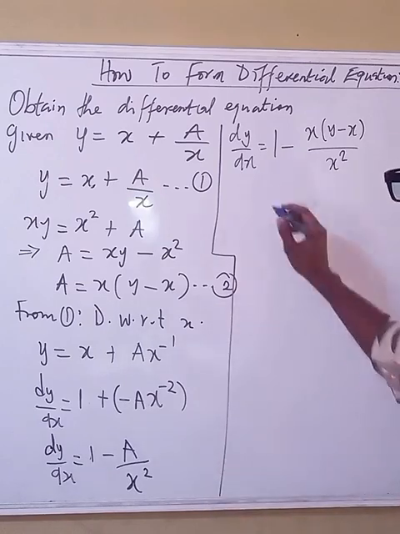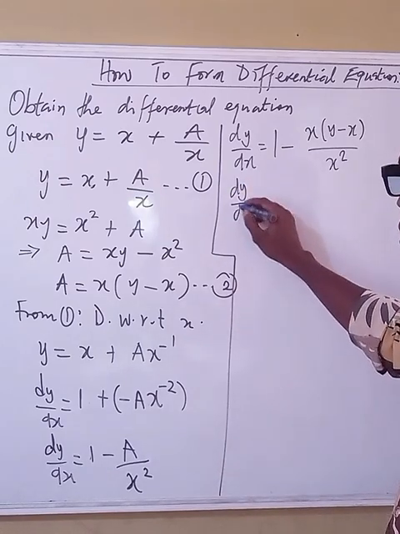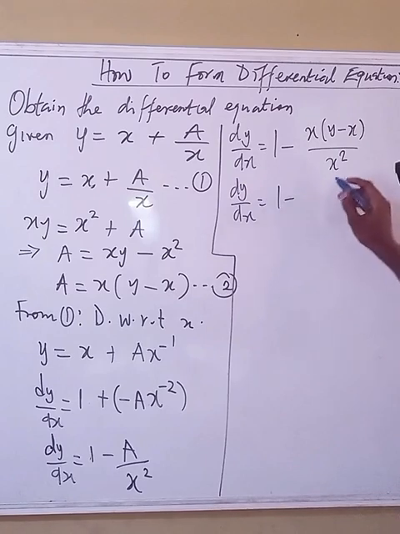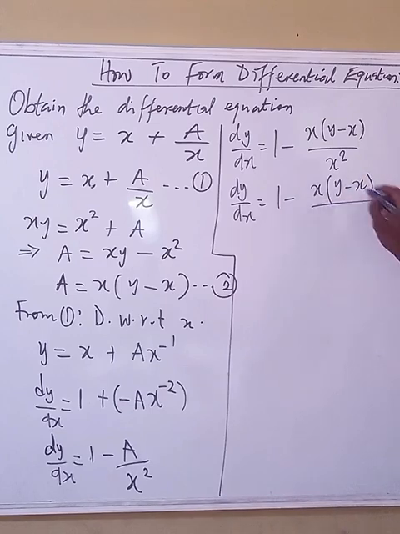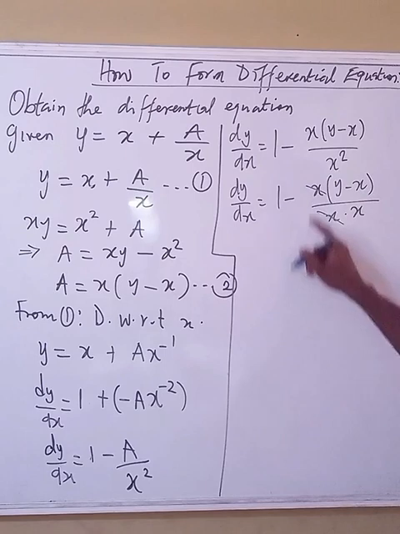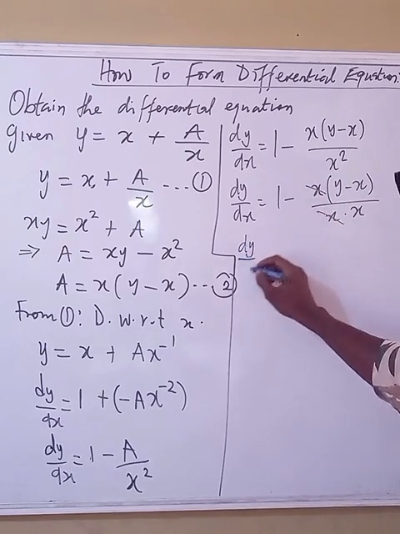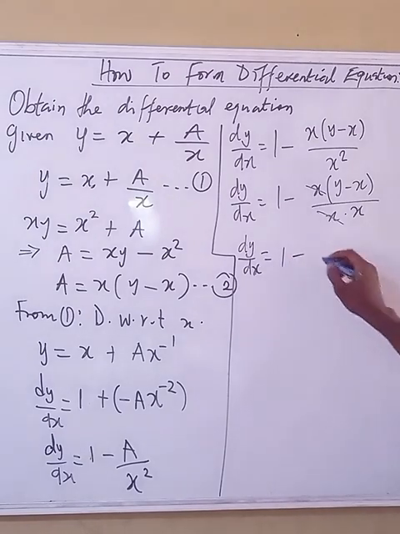Are you getting it now? So from there, you can see that we have dy dx equals 1 minus x into y minus x, and this x can be split, multiplied by x. So one x will cancel out, and we have dy dx equals 1 minus